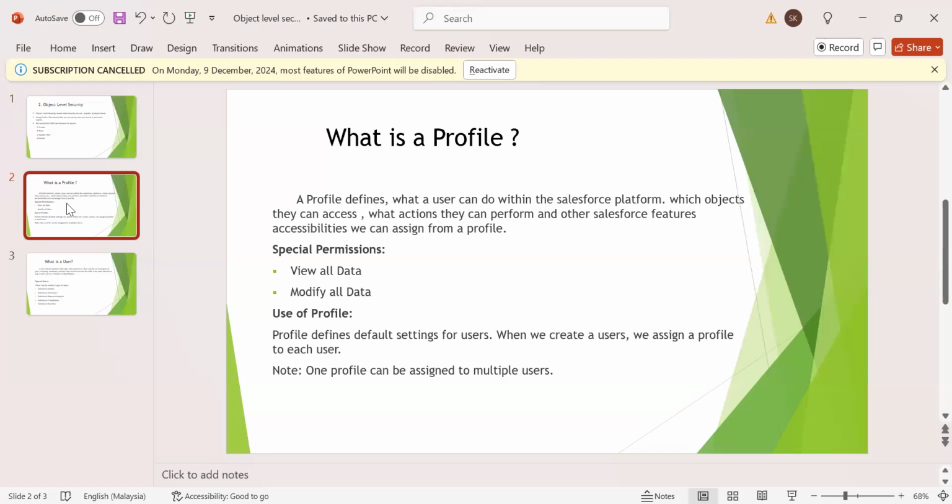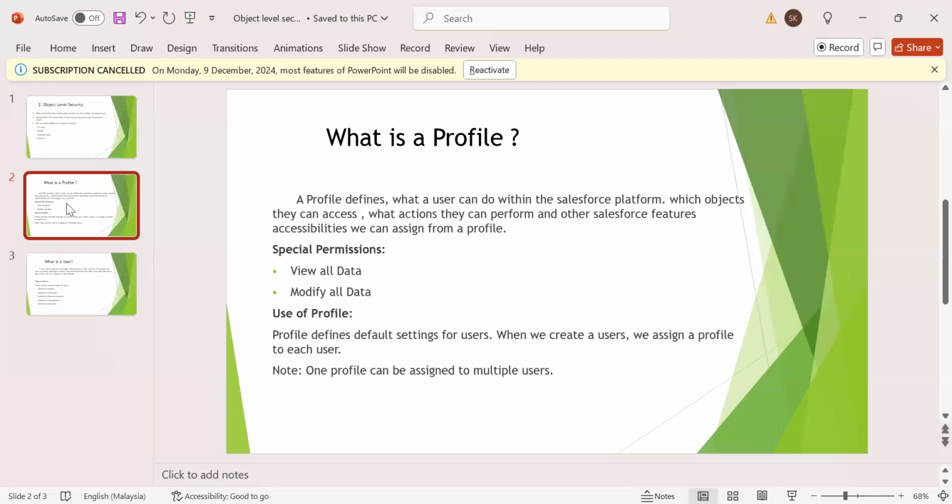Apart from these permissions, at the profile level we can provide some special permissions to the user. These permissions are View All Data and Modify All Data. What does it mean? If a user has these two permissions, they can view or modify all apps and data even if they are not shared with them. So it is like a superpower.